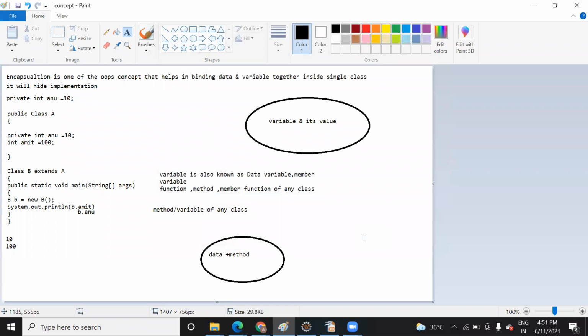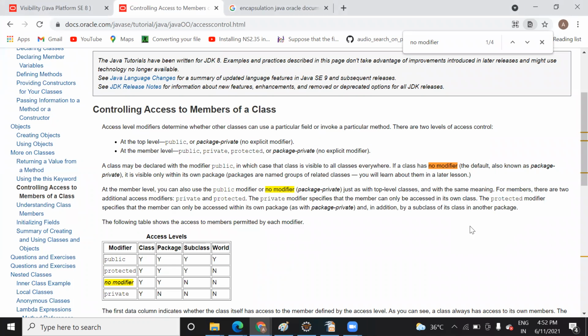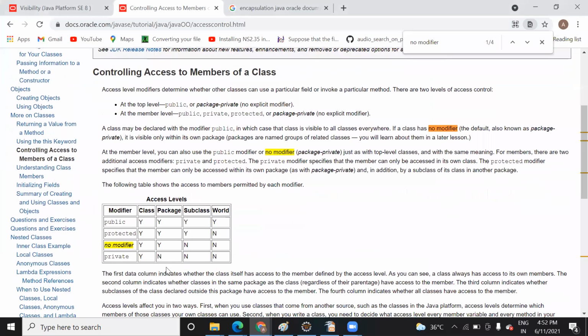And one more thing, there is no specifier, I mean no modifier. Actually, it is default only. In the document they mention no specifier, so no modifier. I thought they might be implementing a no modifier, but this no modifier actually means default. People use them interchangeably, and default means when you are not adding anything.